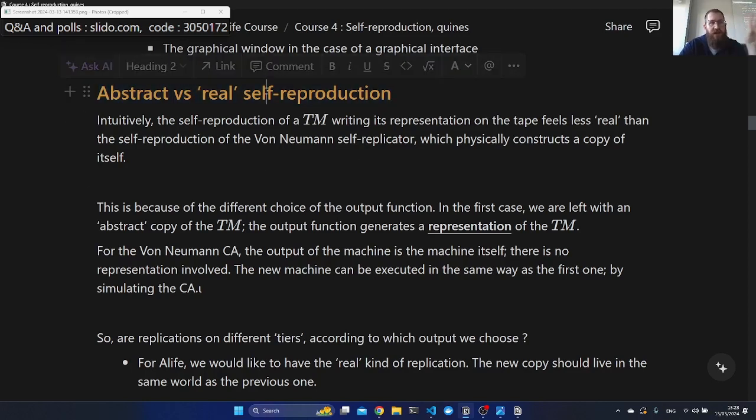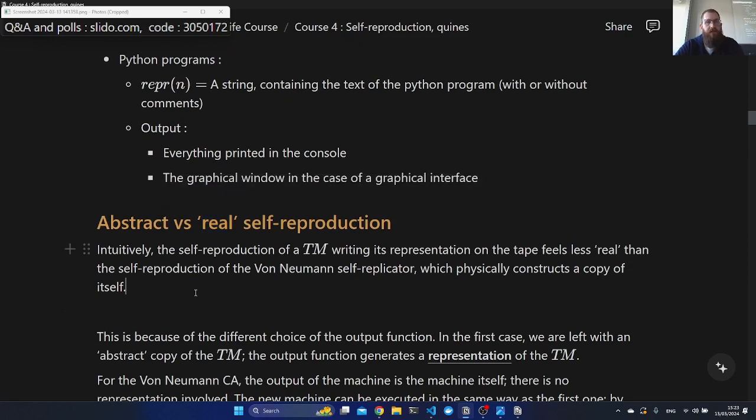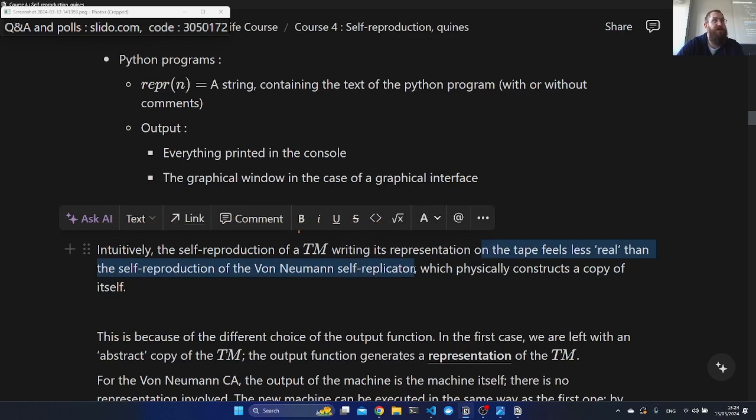And I want just to mention one last thing before we go to the actual implementation of the self-reproduction, and it's this notion of an abstract versus real self-reproduction. So what do I mean by that? When we have a Turing machine, let's say we take the representation of the integer, and as output, we take the content of the tape. So a self-reproducing Turing machine, number n, is the Turing machine that when it executes, it writes the number n on the tape. Okay. Obviously, this self-reproduction feels much less real than the self-reproduction of the von Neumann self-replicator,